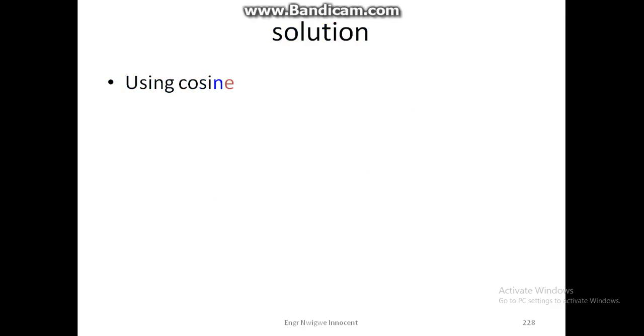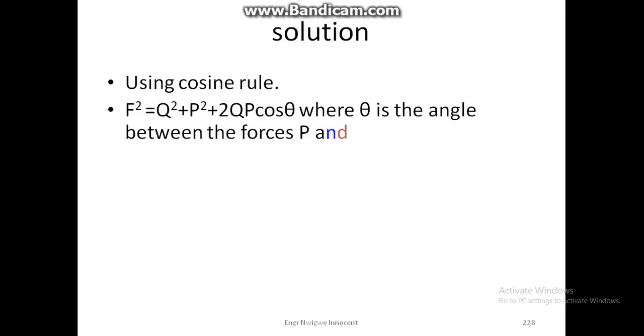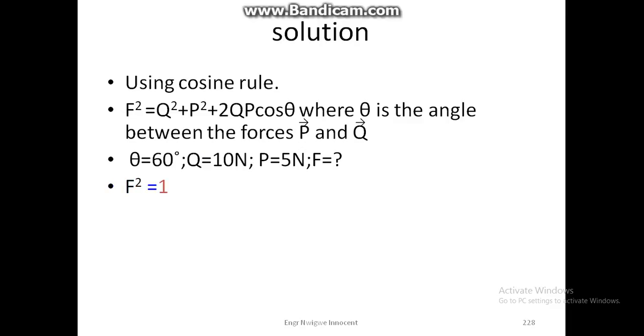Solution. Using the cosine rule, F squared is equal to Q squared plus P squared plus 2QP cos theta, where theta is the angle between the forces P and Q. Theta is equal to 60 degrees, Q is equal to 10 Newton, P is equal to 5 Newton, F is unknown. So, substituting the values, we have